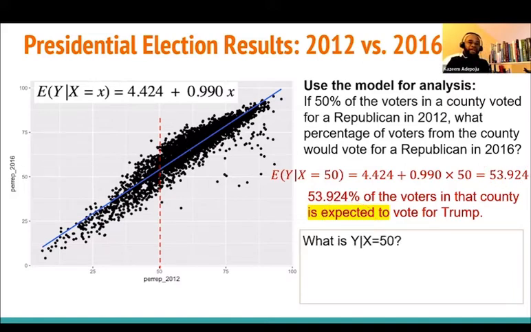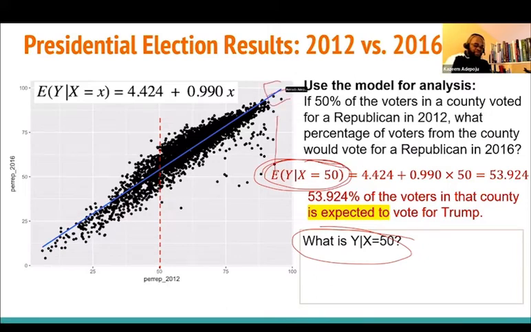Now take a look at that. I want you to see the difference between this and this. Pay attention right now, that is where I'm going. There's a difference between an average and this one here. Anytime you see expectation, the E here means expectation. The expected value of y given that x equals 50 is quite different from y given x equals 50. Y given x equals 50 is not an average, but the expected value of y given x equals 50 is an average. Did you get that?